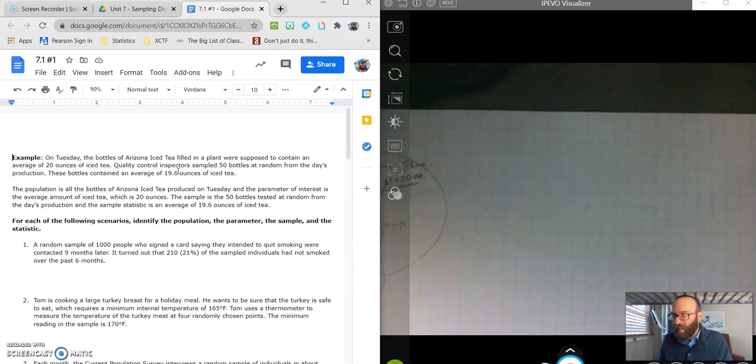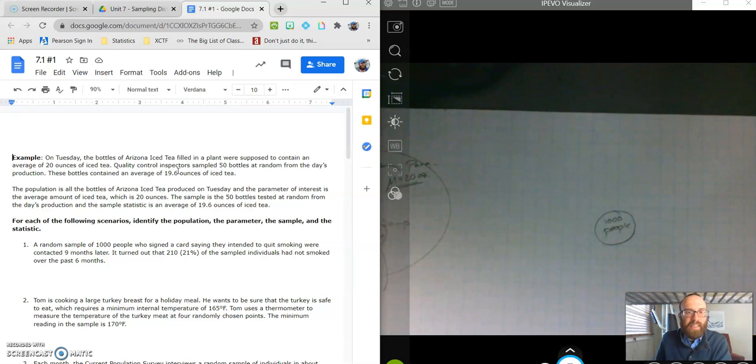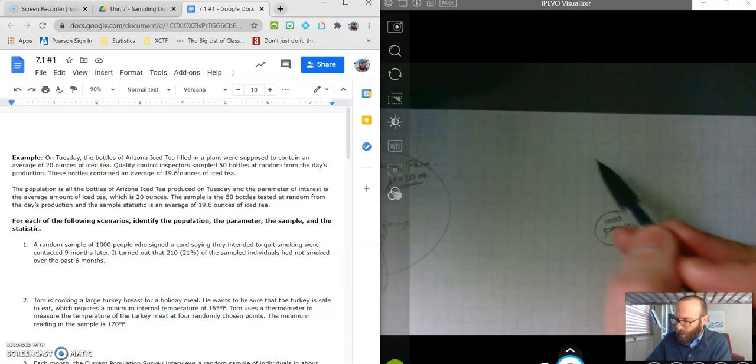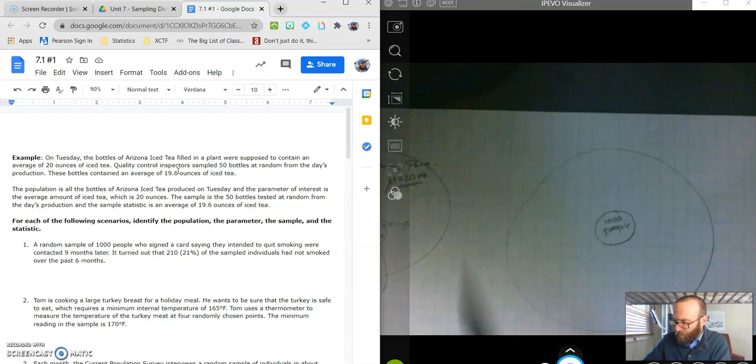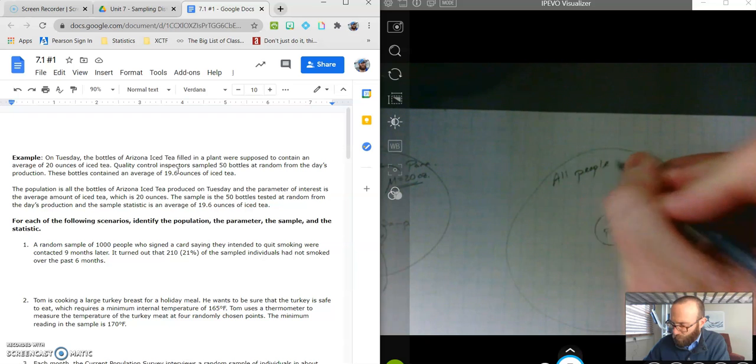Right away, that should tell me that's the small group of people. Okay, it's my 1,000 people. Now, those people all signed a card saying that they intend to quit smoking. Okay, they're asked about it 9 months later. But that sample comes from a larger group of people. Okay, all people